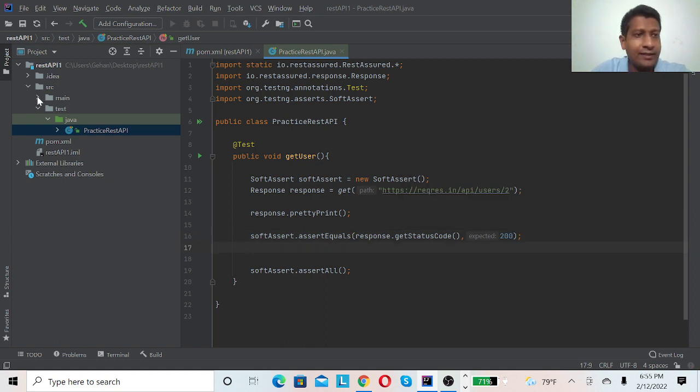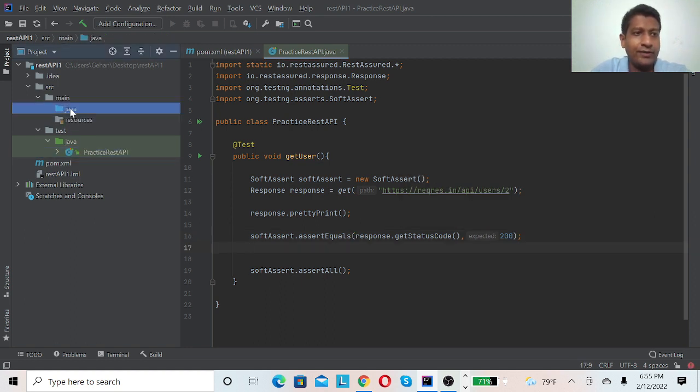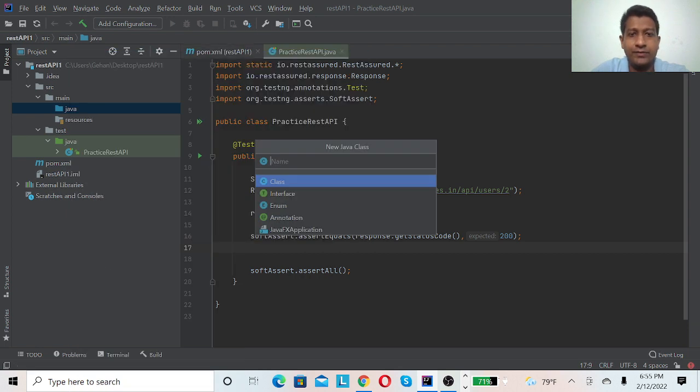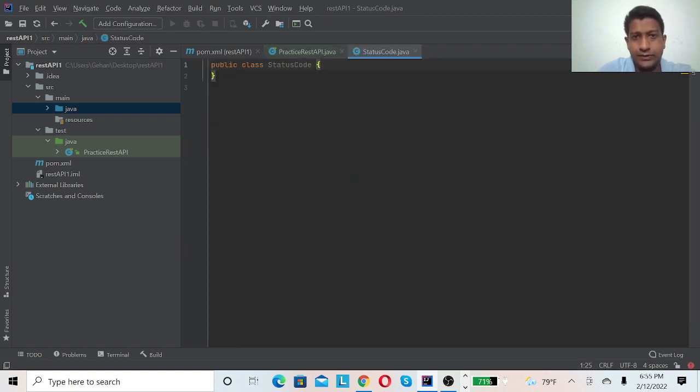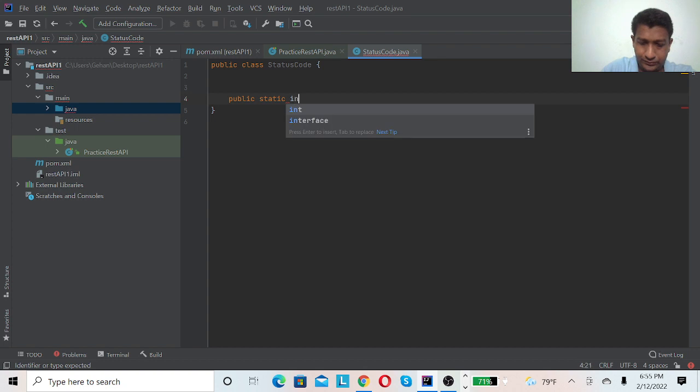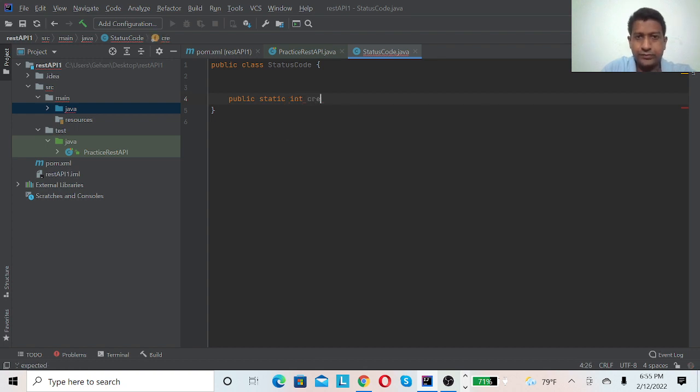You can create a Java class under main folder Java. Just right click Java and click on new Java class, status code. Under this, public. So likewise you can create, this is for post status code and this is for get.